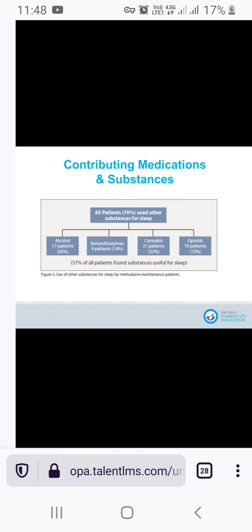And this takes a look at what people were using for sleep. So people tend to use something to help them go to sleep. A quarter of people use alcohol, and I don't have too much detail in this presentation, but basically what alcohol does is it helps you get to sleep faster,